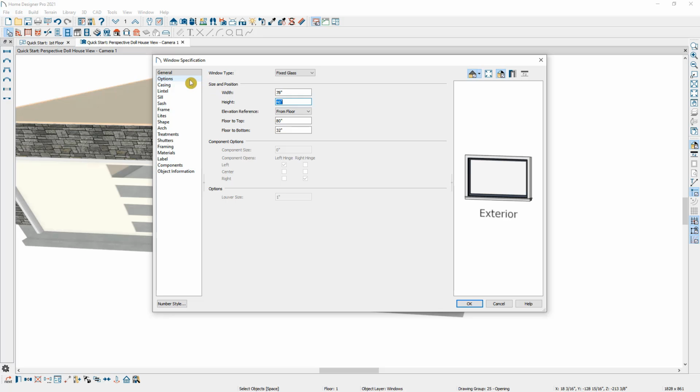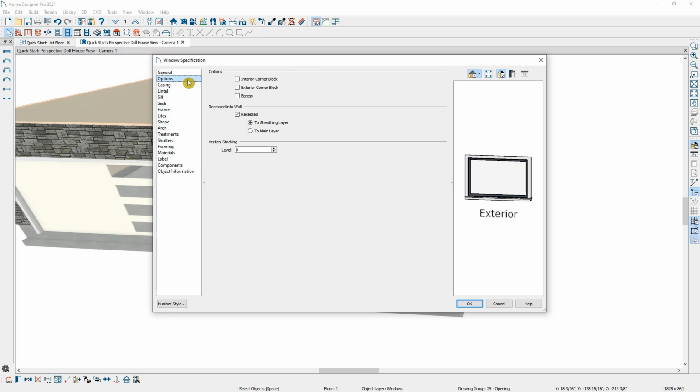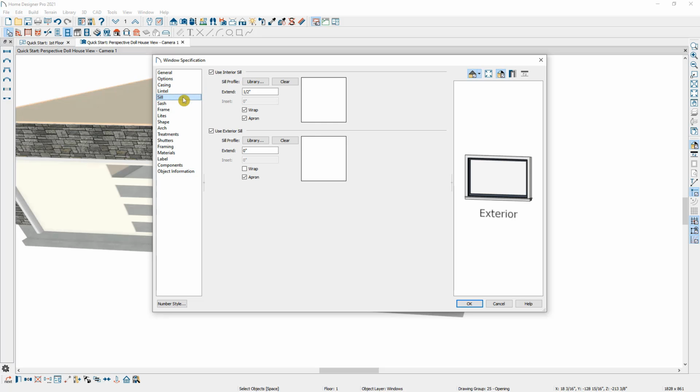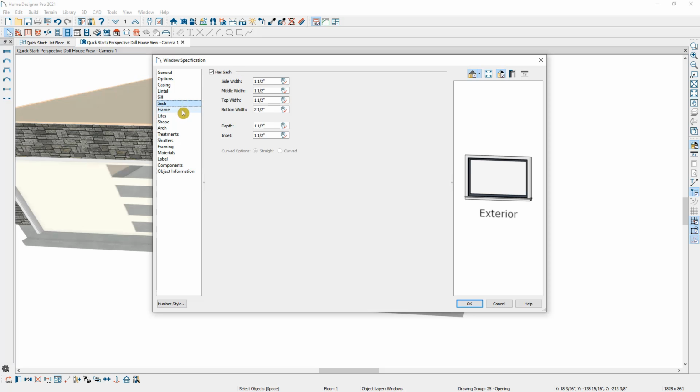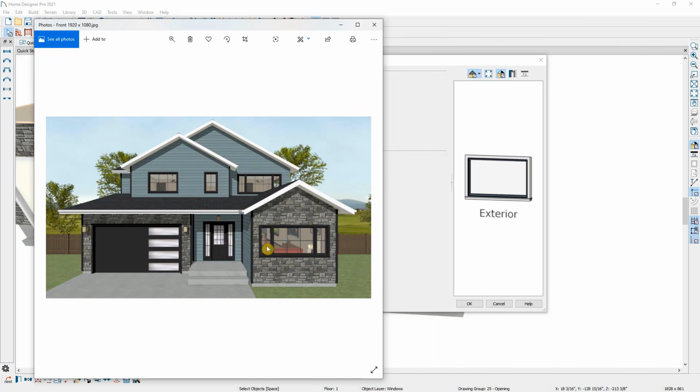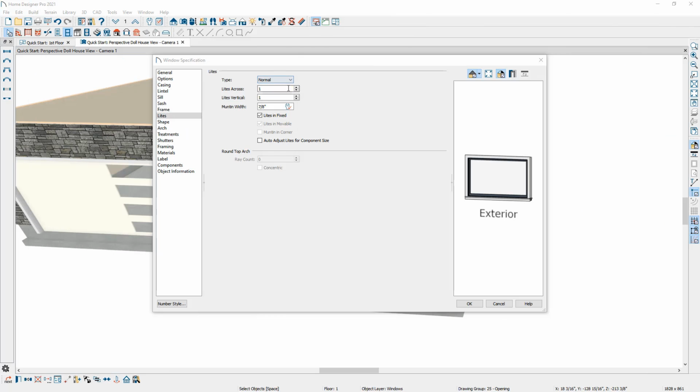And then you'll notice that there's panels here on the left hand side, and these panels work the same way they did with the doors. And that's one of the nice things about the software: you often learn how a tool or approach or technique works in one area of the software and it applies to other areas of the program. So what we're going to do next is add some lights into the window, and you can see that this window is going to have another light going horizontally and then a few more going vertically. So we're just going to increase the number across and then increase the number vertical,